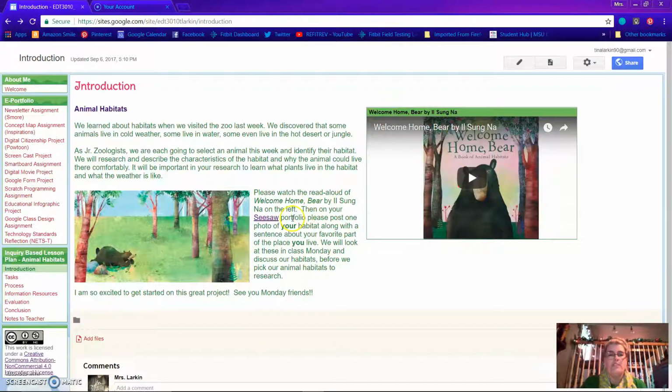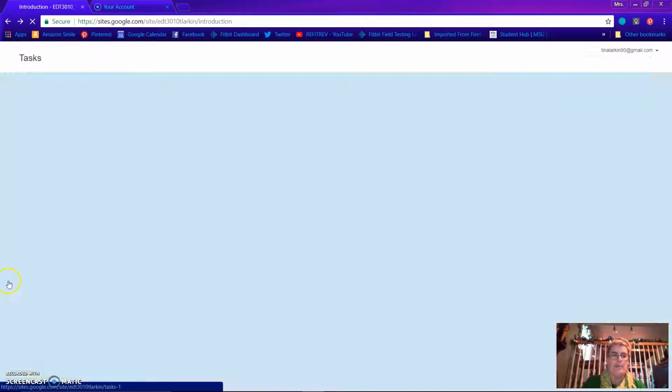They're also asked to post a photo of their habitat to their Seesaw digital portfolio, as well as a sentence about the favorite thing about the place that they live. And then we'll be ready to kick off Monday discussing animal habitats. So if you want to go to the tasks page,